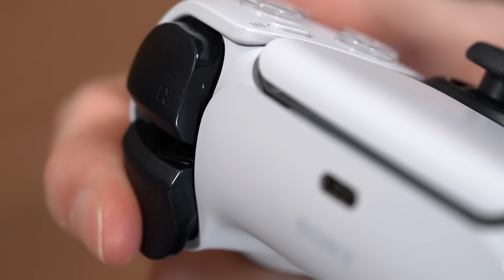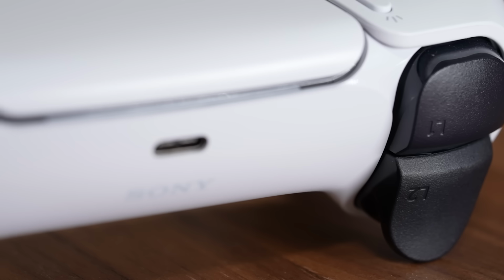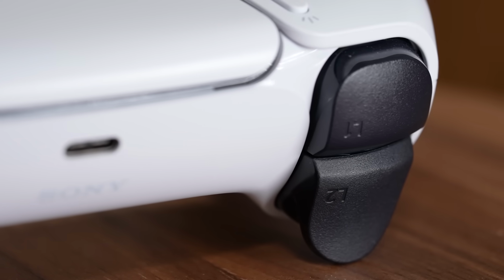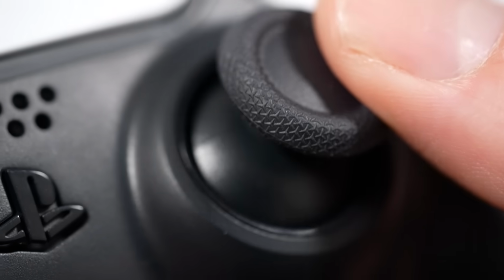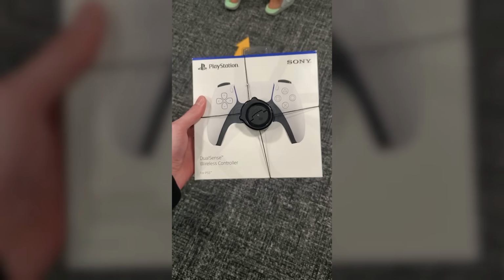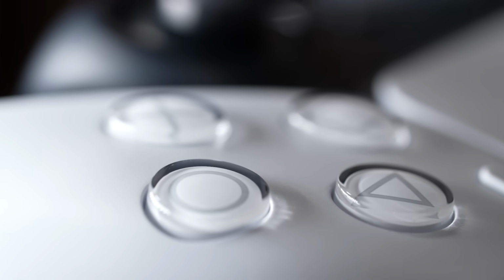If you've heard of the term stick drift or loose triggers when talking about the original PS5 controller, then you're familiar with the common issues that can happen over time with PS5 controllers. In fact, a durability investigation determined that the average PS5 controller has a trouble-free life expectancy of just 417 total hours of playtime, which means the average user could end up needing to replace their controller every couple years. But if you want your next controller to last as long as possible, there's one thing that I recommend you